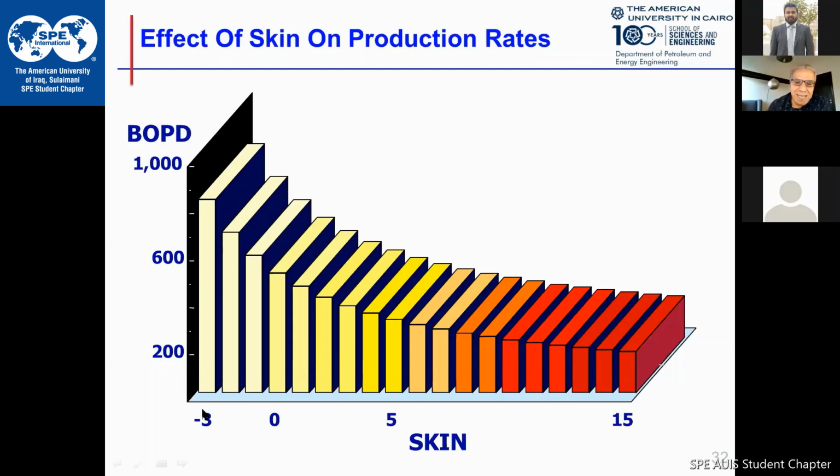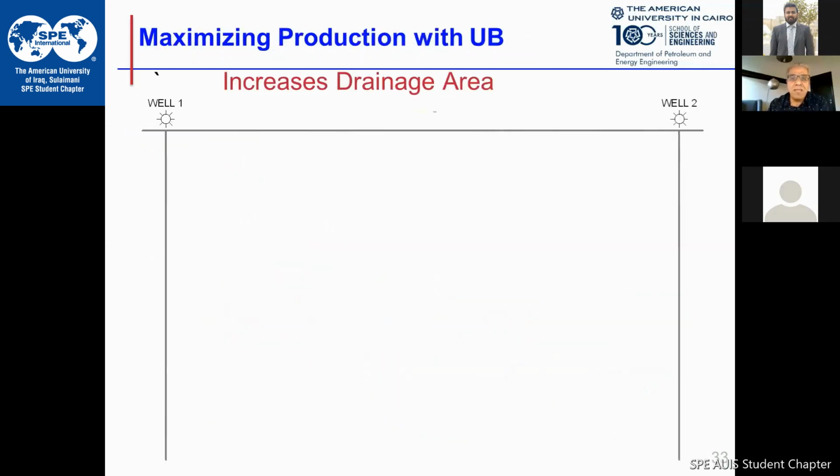When the skin is negative, let's say -3, the production is almost 10, maybe 5 folds or 4.5 folds larger than when the skin is 15. And this is the main driving force here, to minimize the skin, to prevent damage from occurring, okay? We don't need to go to stimulation or to treatment if we can avoid this by utilizing a good technology. Other reason, guys, why